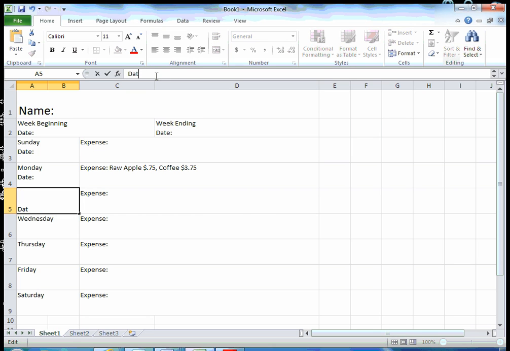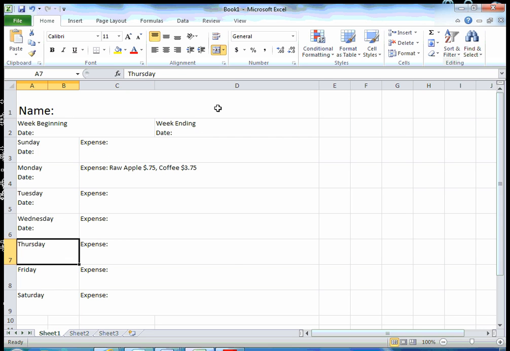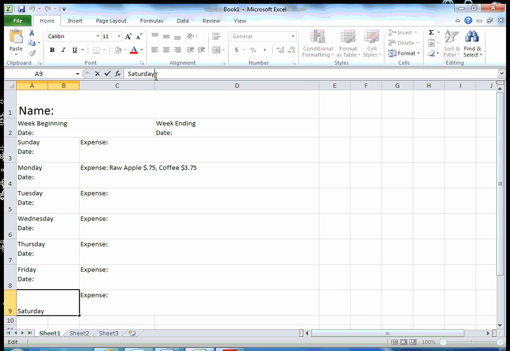Alt, Enter, back to the formula bar, Alt, Enter, and again back to the formula bar to type, Alt, Enter, for your text to appear on the line below, Alt, Enter, and for the last one, Alt, Enter,